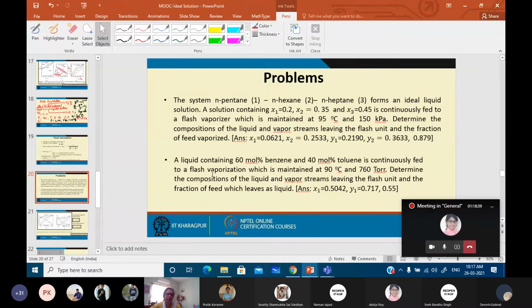Now my next question is, suppose the solution is not ideal. Ideal solutions, as I've already told you, occur only under very small sets of conditions. Fortunately, as chemical engineers, you have to deal with petroleum and petrochemical industries. In those cases, mostly you're dealing with hydrocarbons, and that too members of the homologous series, or maybe isotopes, isomers, etc. So there, a lot of times you can assume the solution to be ideal.